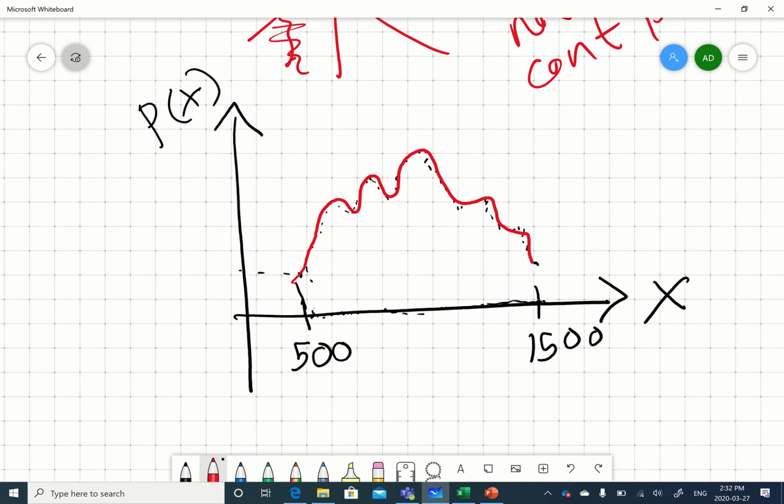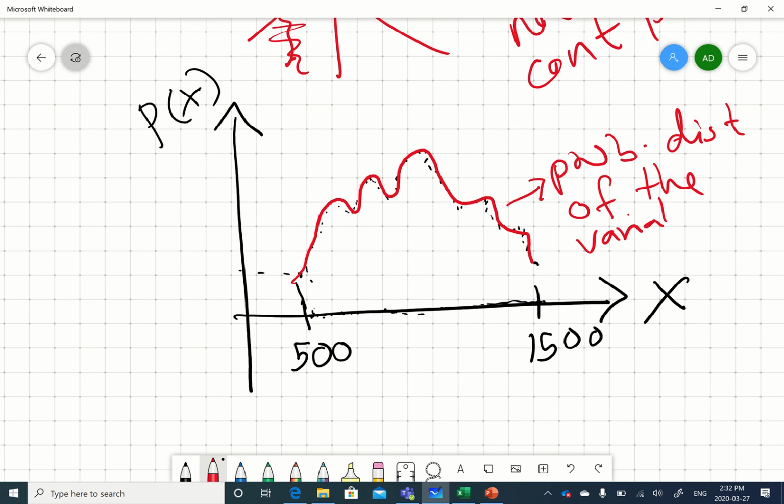Something like that. So this is the probability distribution of the variable weekly income. By definition, probability distribution means a list of all possible values of the variable and then their probabilities. So we have the list of all possible values over here, and then their probabilities are here, and all the probability readings you can get from